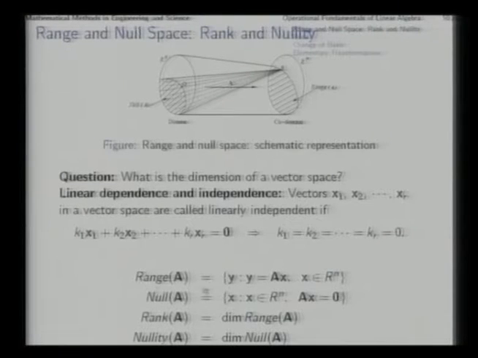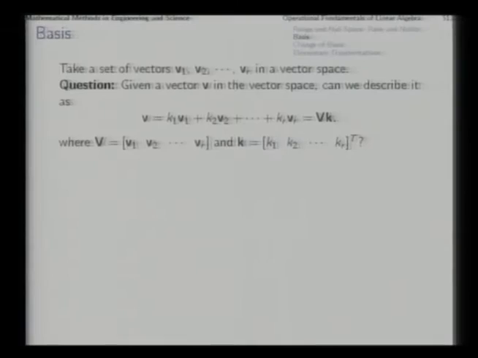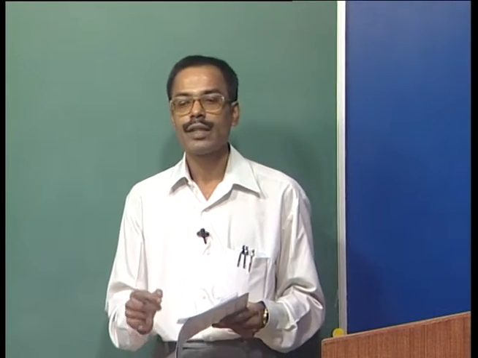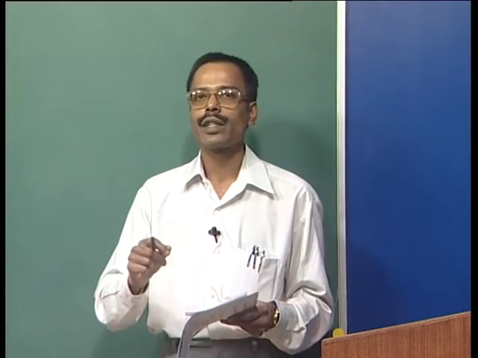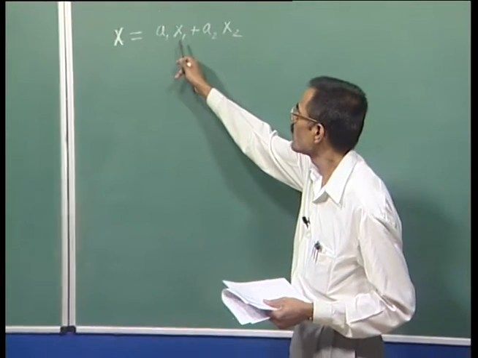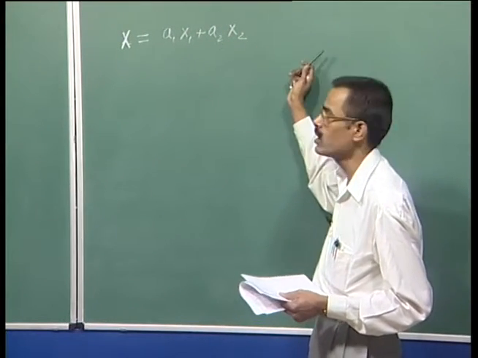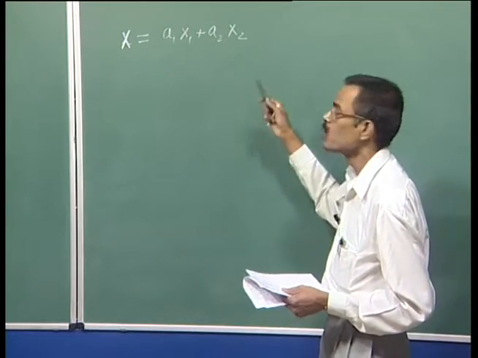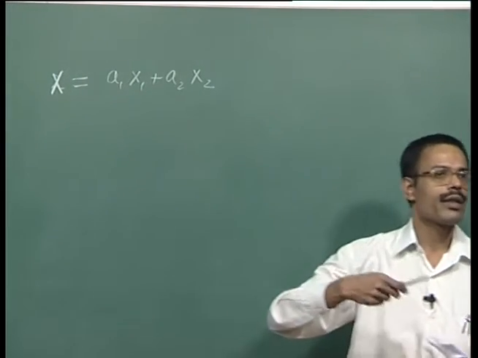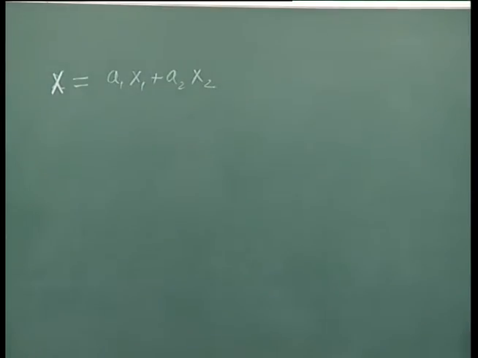Similarly, dimension of the null space is called the nullity. These definitions are extremely important and should be remembered in all the discussion that we conduct subsequently. Now, to describe vectors in a vector space, we talk of basis. That is, in terms of which vectors we can describe all the vectors in a vector space. In this manner, we want a handful of vectors x1, x2 etc. as linear combinations of which we would like to represent all vectors in that vector space, and this is the idea behind looking for a basis.